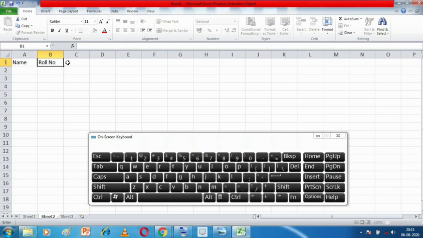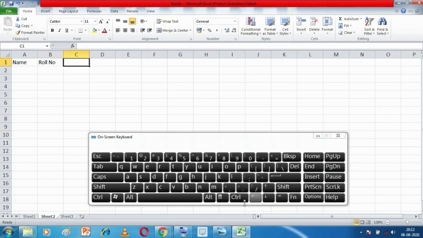After entering the data, if I want to move to the next cell, I'll just press the right arrow key, and right now C1 is active, and so on. So this is how we move towards the right.